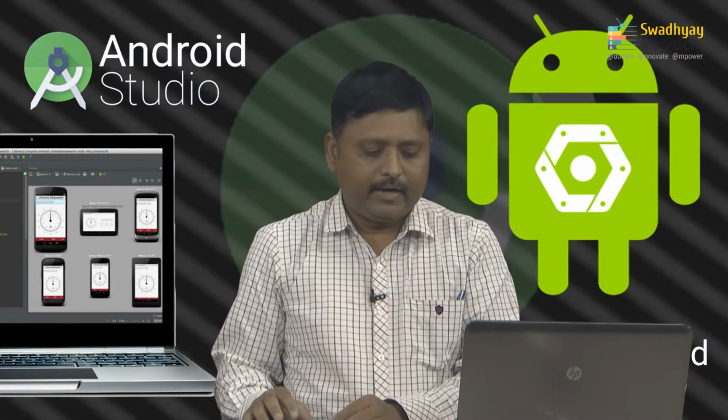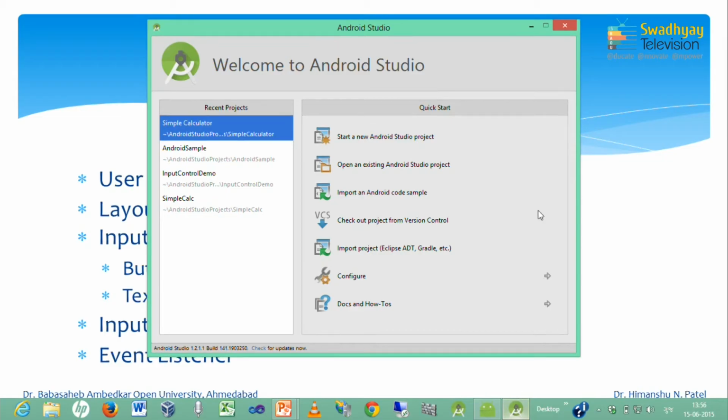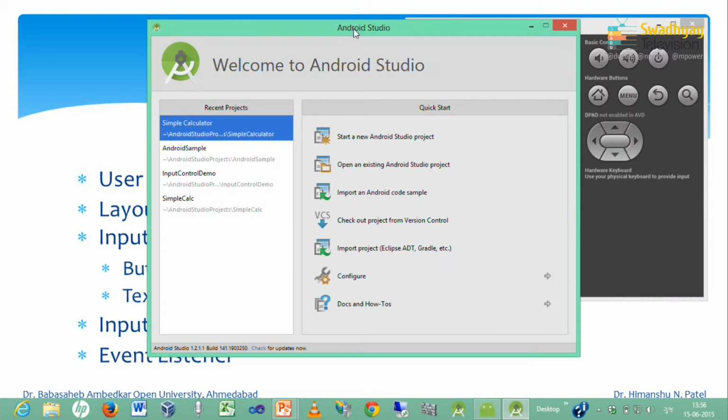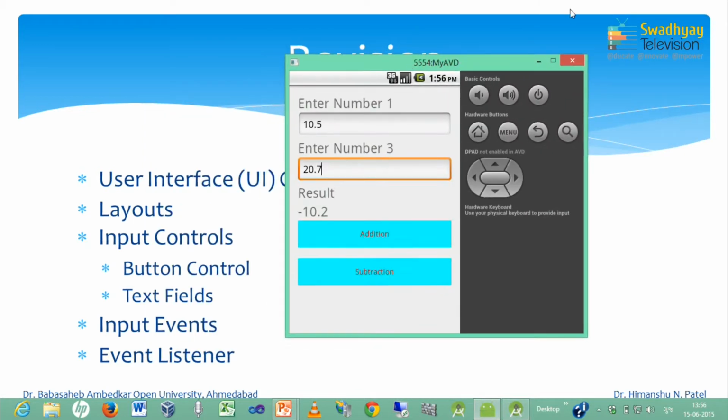So, here I have created one demo application for you. This is the interface we want to create. Here you can see this is an example of a simple calculator. If you look at the mouse pointer, the first line is enter number 1.